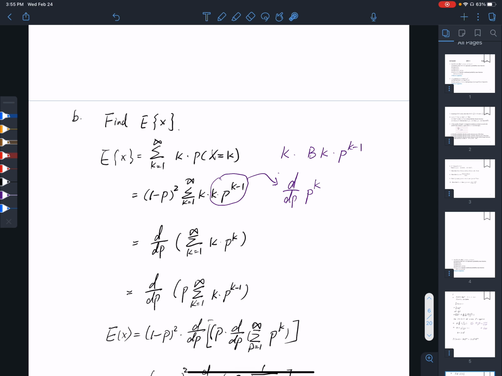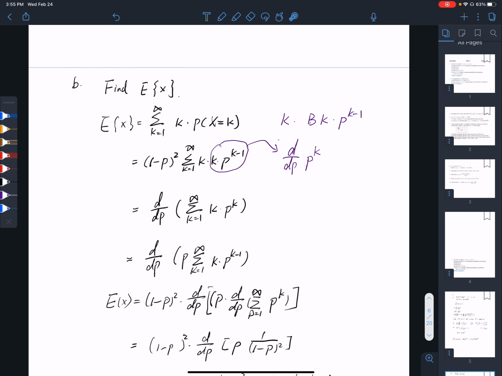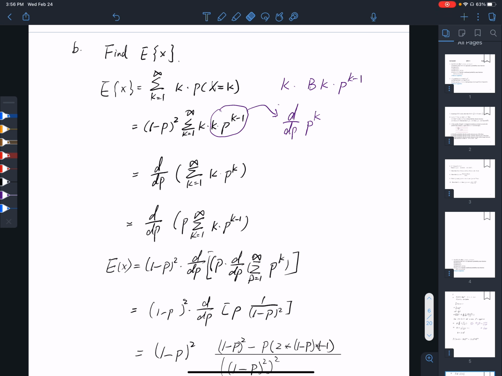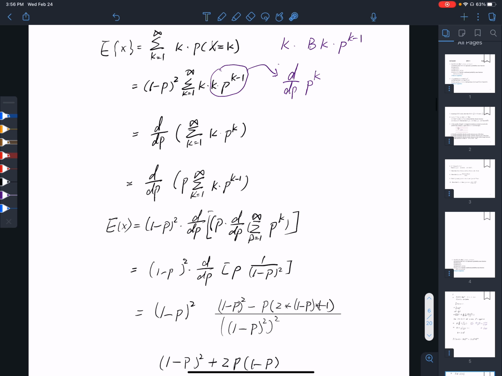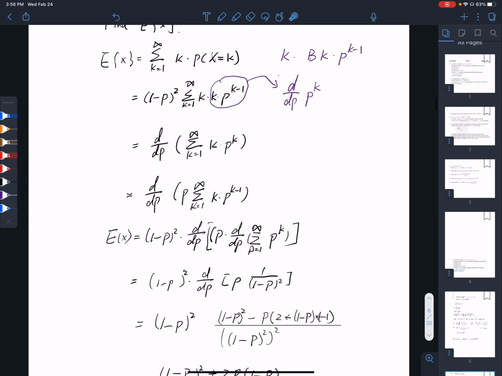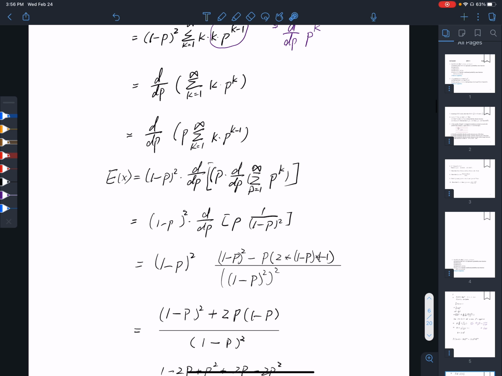And we can plug in this part, and also there's another k here, so we can do the same thing. This also equals the derivative of p to the power k. So at this step we just separate p outside here, and this one becomes another derivative of p to the power k. So basically we just do this method again and we put it back into the equation. So we got b times the derivative of p times the derivative of the sum of p to the power k,